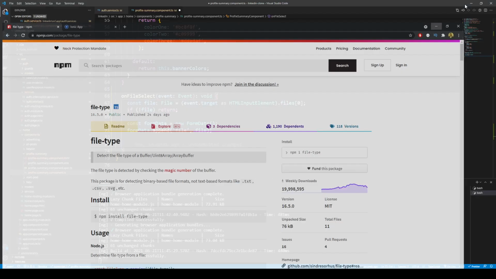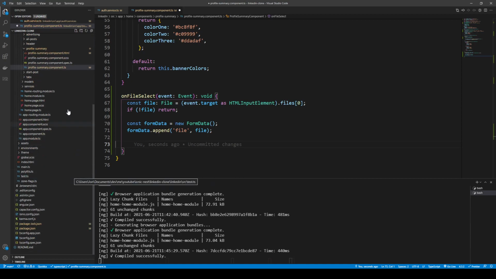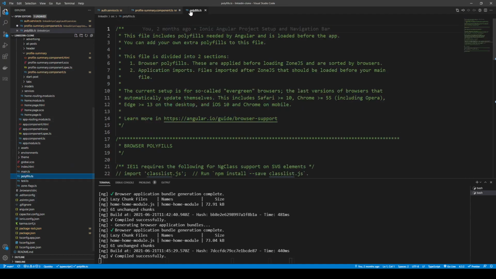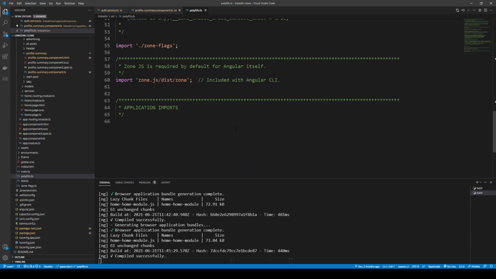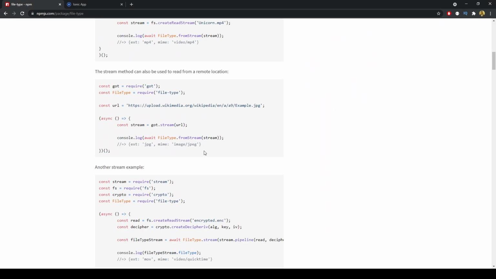So that means we need to add some polyfills, and polyfills is what you do when you need to support older browsers. So if you open up the polyfills TypeScript file, we're going to go ahead and make a global type for us here. And we need the buffer type because we're going to use a method in our browser here